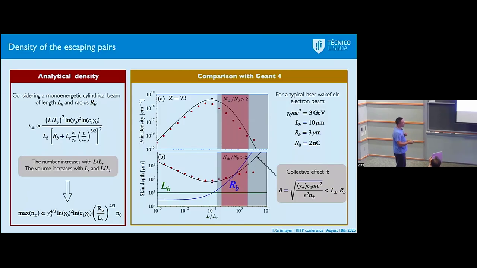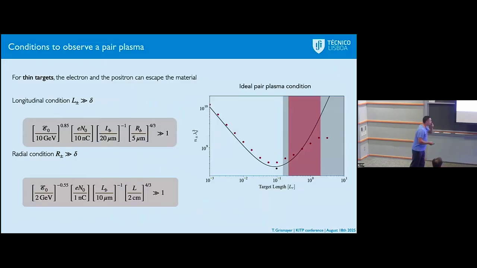You're not exactly quasi-neutral, but you're going towards it. And so basically, you will have almost a quasi-neutral plasma, and you start to observe collective effects, since your skin depth is smaller than the radius of the beam. Those are engineering formulas, but I don't have time to explain them. It's not very important. Just to show you, those are quasi-ideal pair plasma conditions, and lambda_D cubed, regardless of the